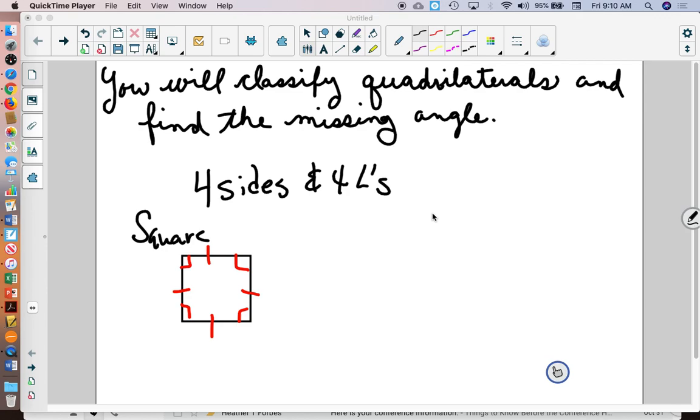Picking up where we were from. So we know what a square is. What about,